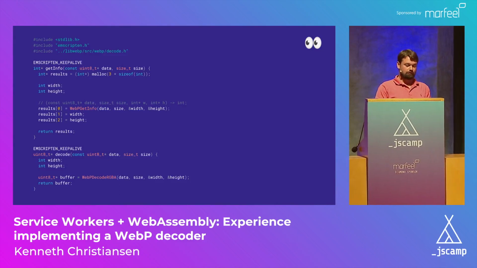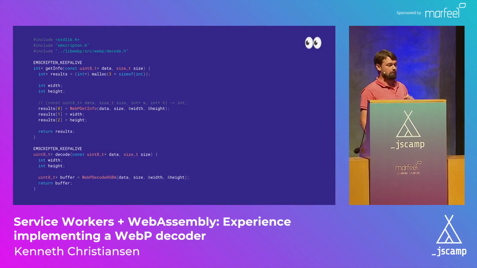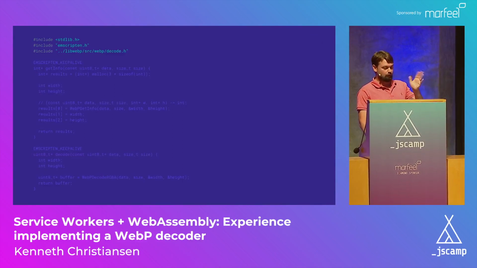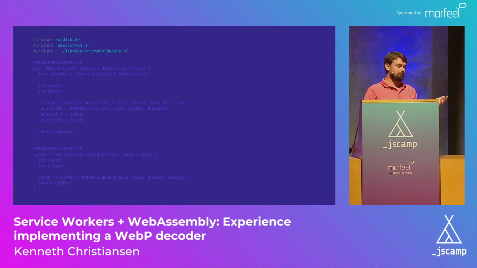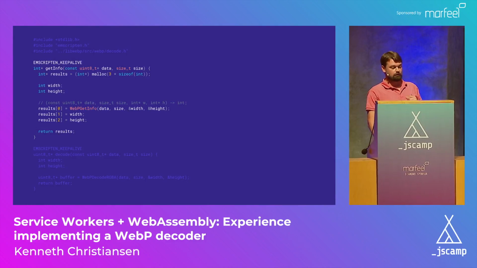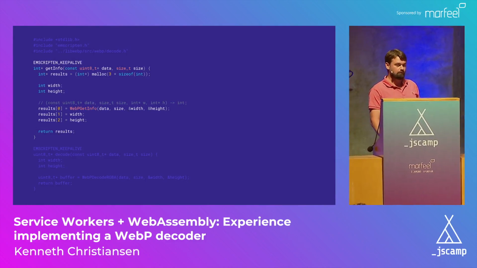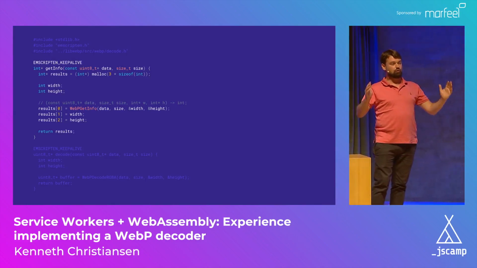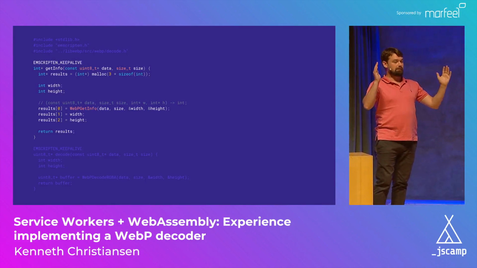So this is the first code. This is my very small C library. I know that a lot of you might not know C, but let's go over it very quickly. First of all, I need to import some things like emscripten, because I'm using Emscripten. Then I generate two functions. We'll look at the functions later. One called getInfo. I needed that because I need to know the size of the image. So I need to know the width and the height. Then I know the amount of pixels.